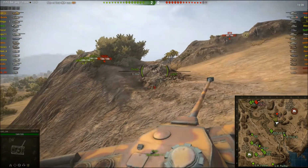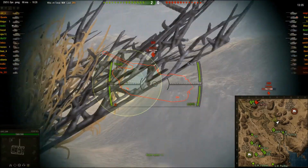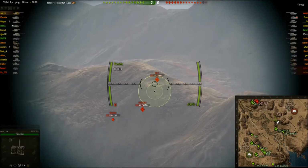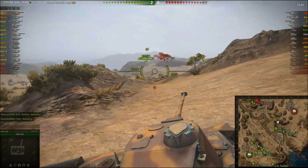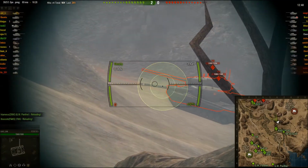With this amount of artillery as well, you do not, as a heavy tank, want to be sitting up there duking it out with other heavies. But what Lord Link's actually done here, they can't get across that gap because every time they do, he shoots them. And the IS-3 is then forced to take the top road and gets absolutely plastered for his troubles. So again, indirectly affecting the game. And then the slower heavies,